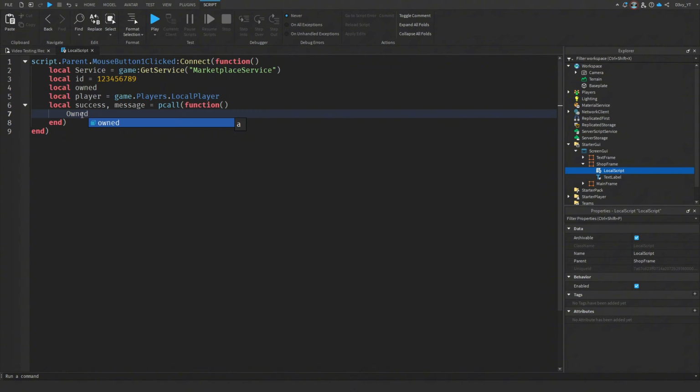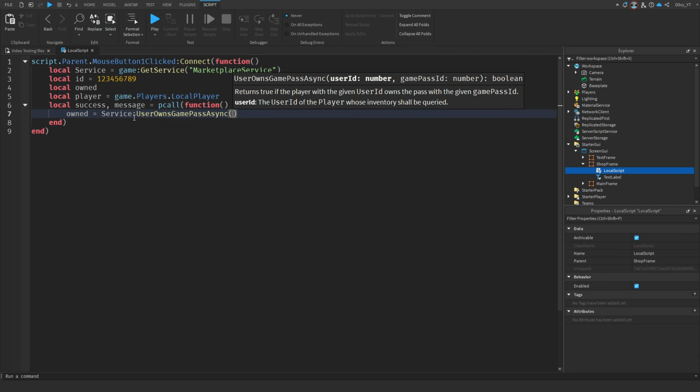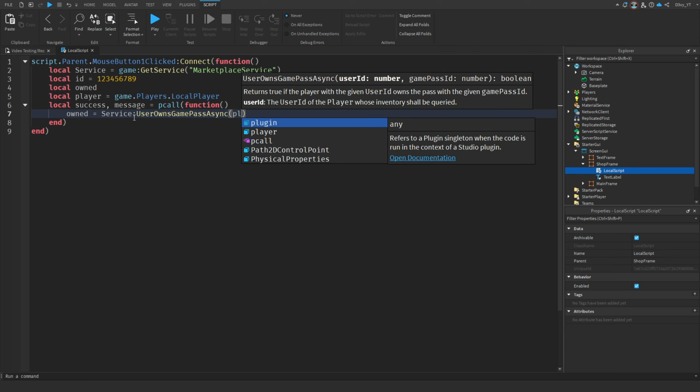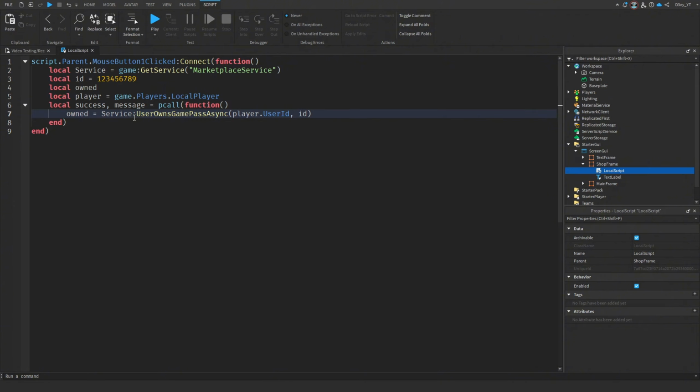Next, we're going to do owned, and then we're going to do is equal to marketplace service. So we have it as service up here. We're going to do owned is equal to service:UserOwnsGamePassAsync, and in the brackets we're going to do player.UserId, and then comma ID basically. Then make sure you skip this and then go down, and you want to do if owned, then